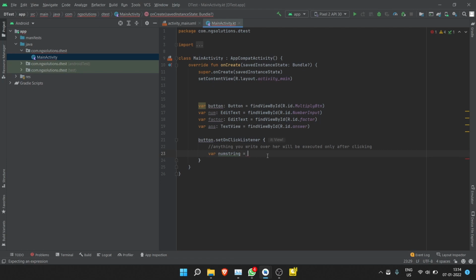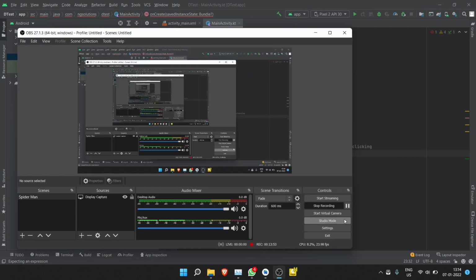numString equals, then you write the name of the element. Here you can see the name of the element is numberInput, which has been linked with this num variable. So I can use this num var again.